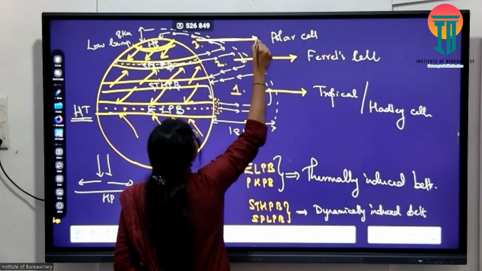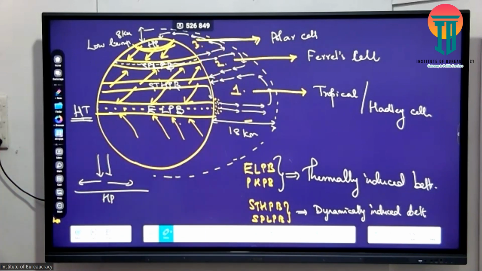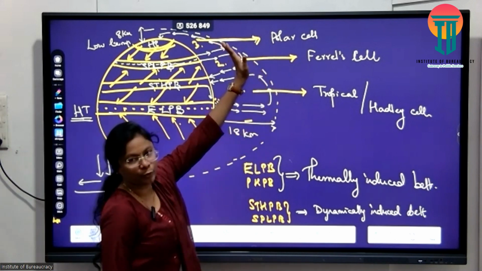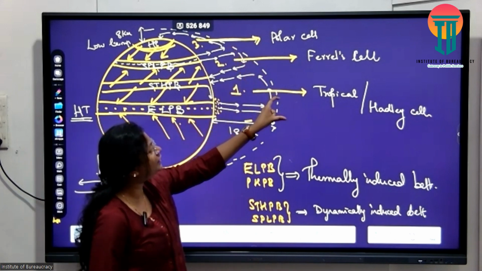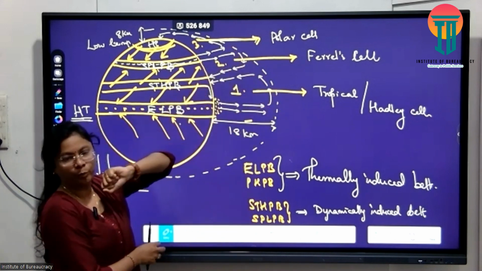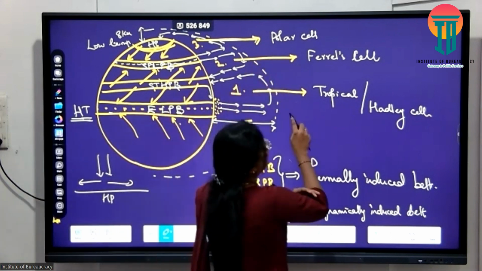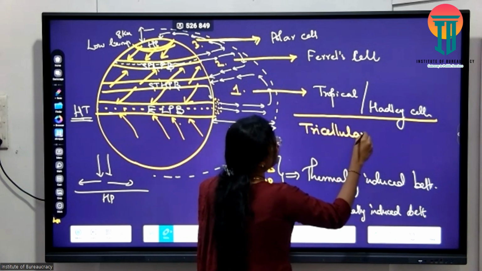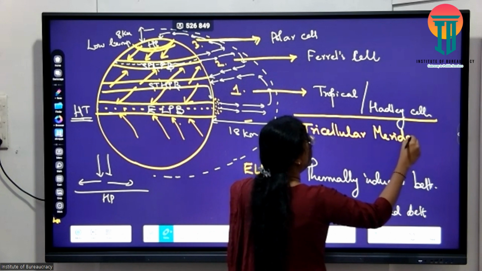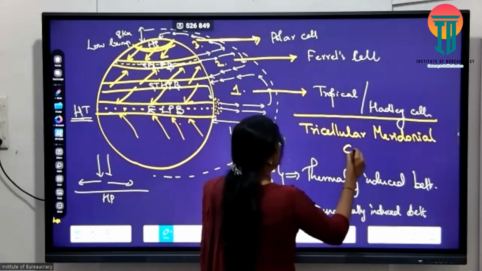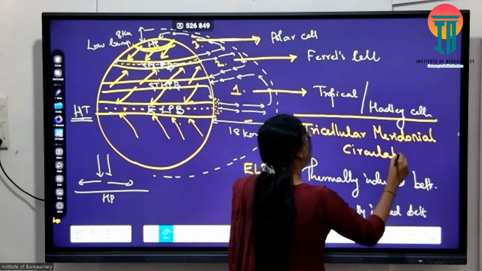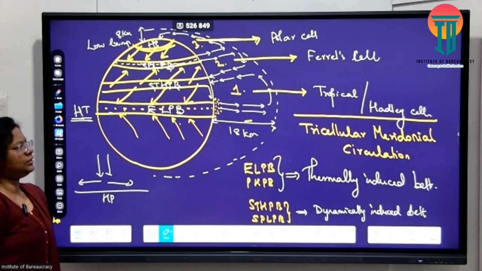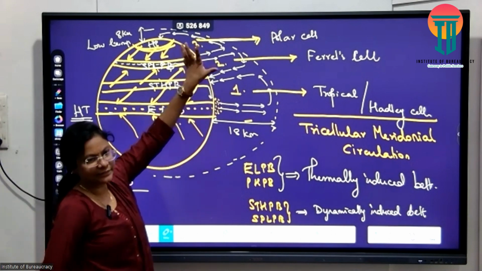Hadley cell, Ferrel cell and polar cell. These three are the atmospheric circulation, ascending of air and descending of air within the limits of the troposphere. The maximum ascendance marks the upper limit of my troposphere. So these three important circulations together are known as tricellular meridional circulation. Tricellular, it is quite simple. Three cells form, that is why tricellular. What is